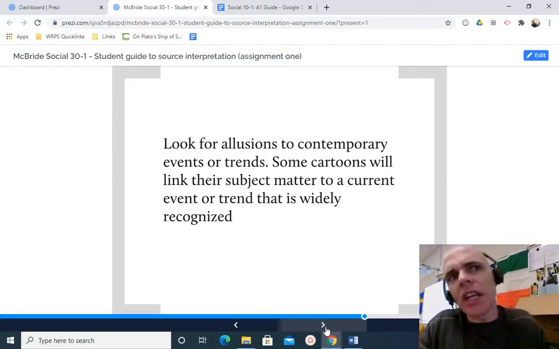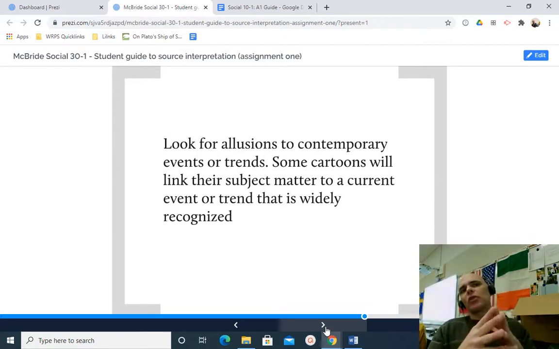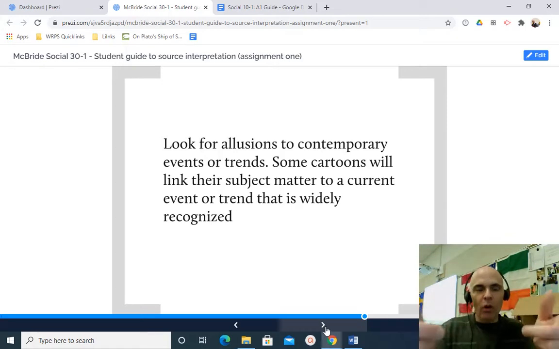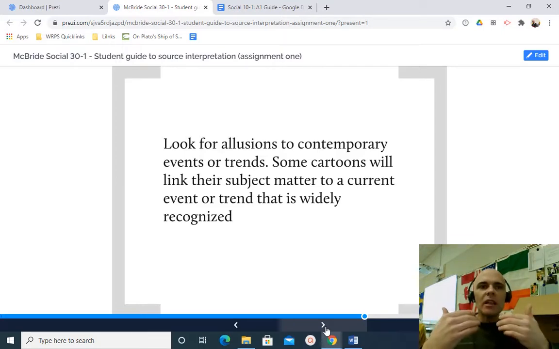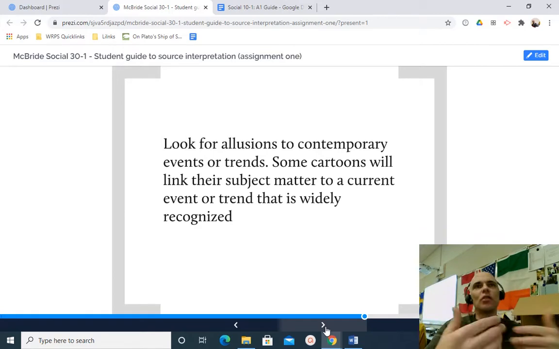Look for allusions to contemporary events or trends. Some cartoons will link their subject matter to a current event or trend that is widely recognized. Now, at the time of recording this, there's a curfew in Quebec that wasn't in place at the time of actually writing this up. So that's where students could bring in current events to continue the conversation created by the